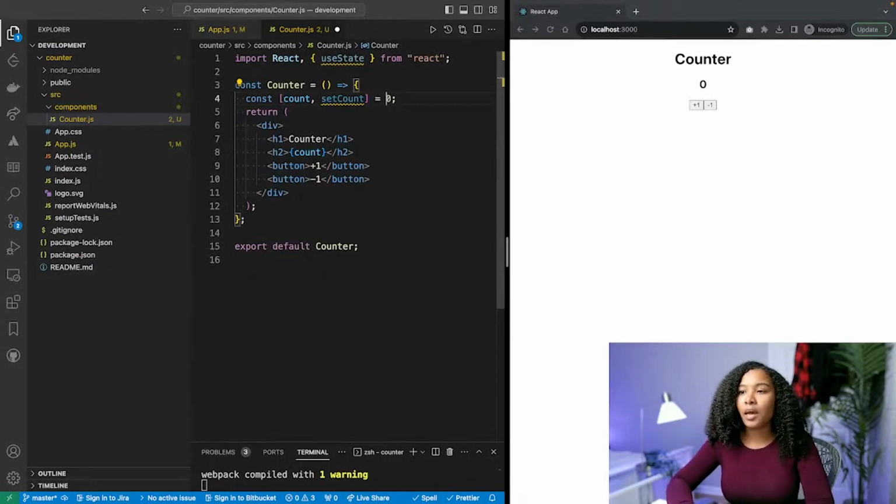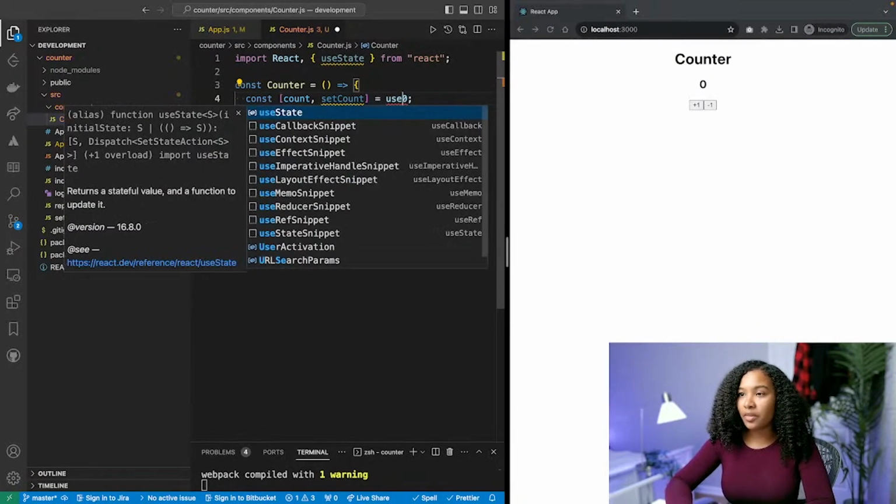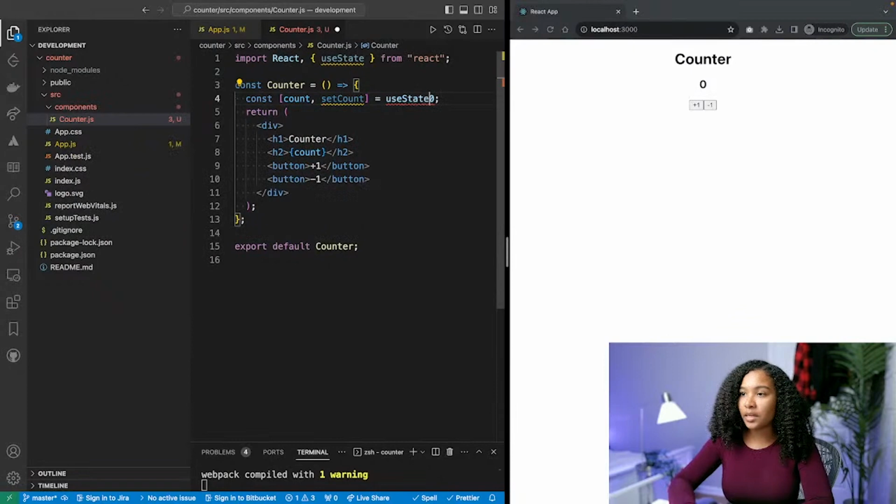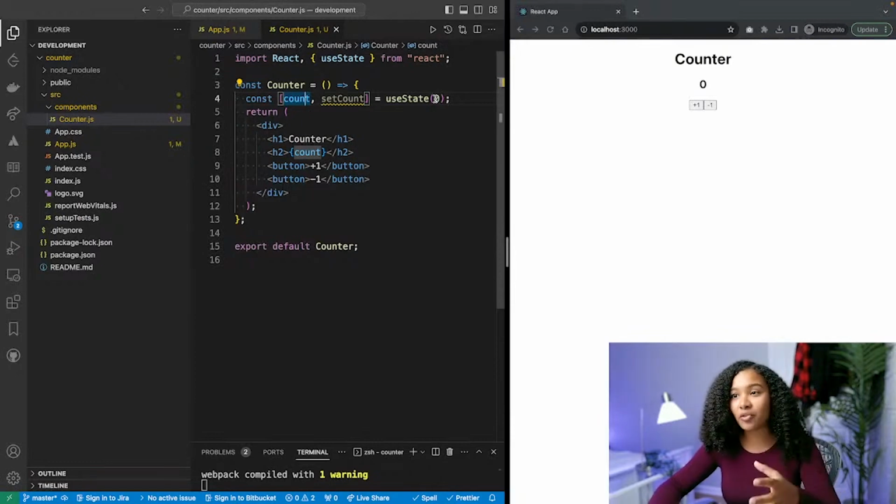to be a function. And how that works is we will take the useState hook and wrap our variable with it. And based on that convention, that naming structure, React knows that count is going to be our variable. So the first part is going to be our variable, and then the